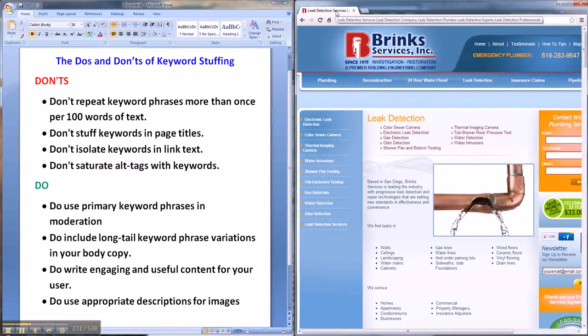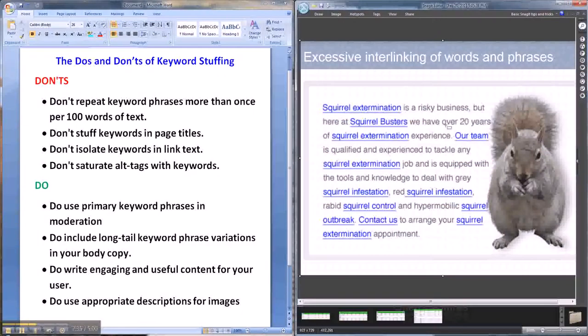To put all of these into the title is one of the quickest signals to Google that you're trying to show for too many keywords at one time, and will honestly get this page potentially removed from the Google index entirely. So don't overstuff your keywords. That's one of the worst techniques you can use, even though 5 years ago that was a technique that worked and worked fairly well. Don't isolate keywords in link text, and I'm going to go to a famous SEO expert